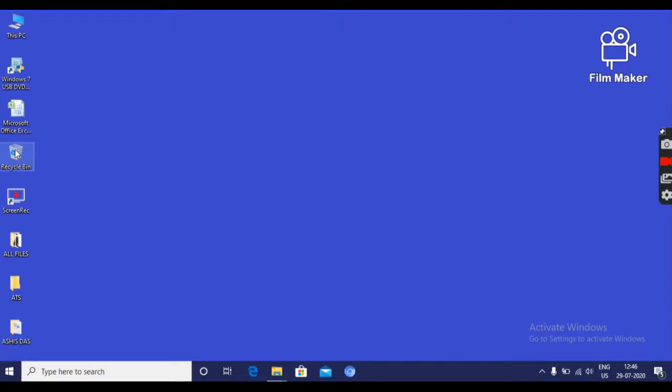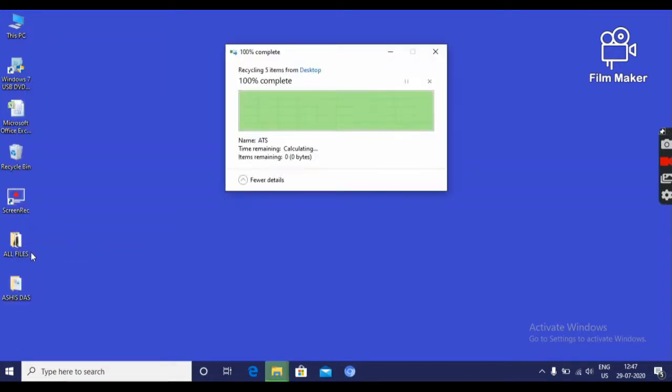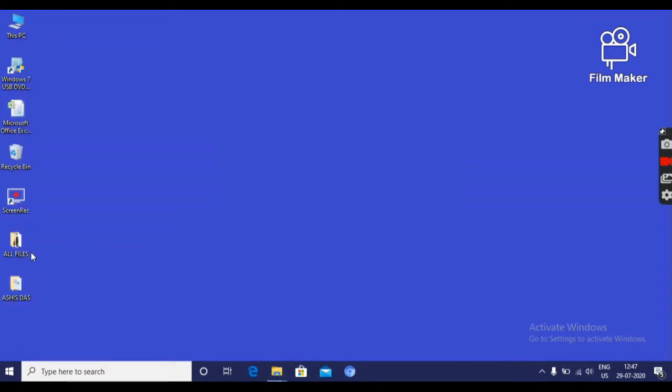Now this recycle bin is empty, and if I delete any file or folder, then right click on that folder, then click on delete option. Then that ATS folder has been deleted and it is stored in recycle bin.